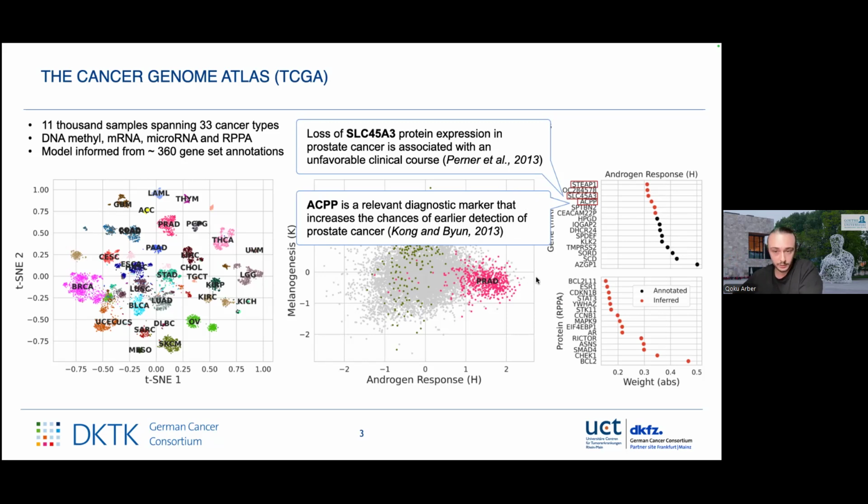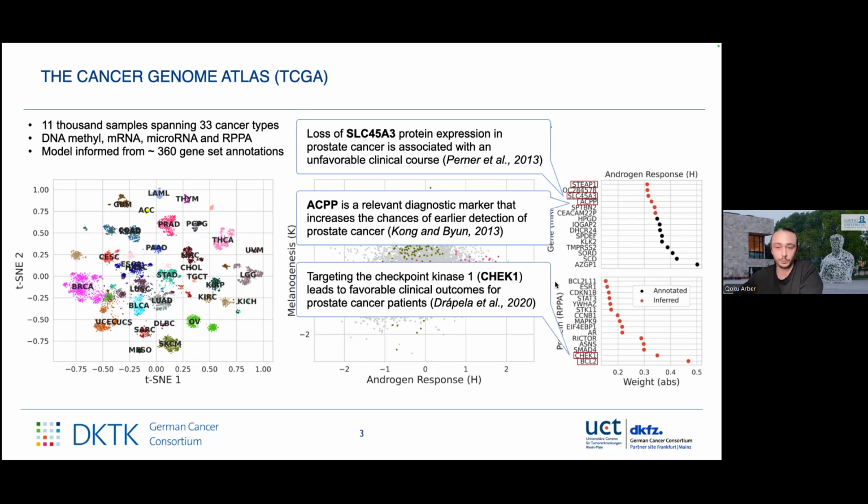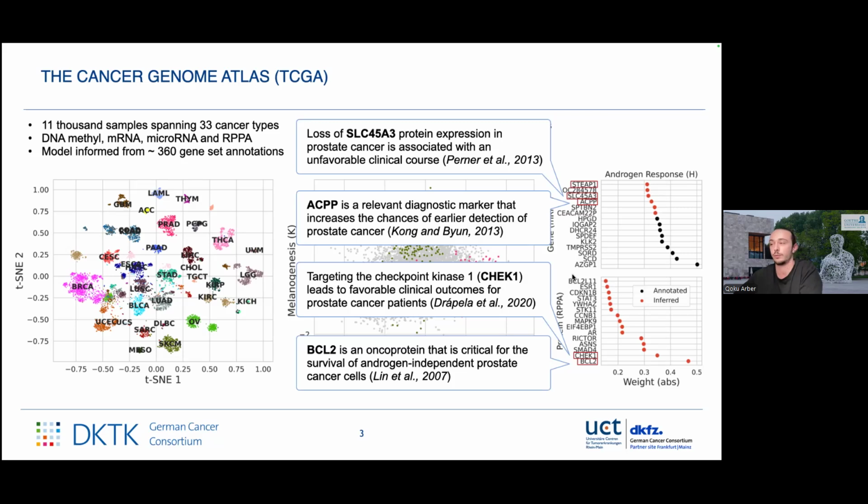Second, because this factor is shared, we observed that in the uninformed view, which is the proteome, it ranks CHEK1 and BCL2 quite highly, both being, from the literature, oncoprotein targets of clinical relevance. And this implicit information flow across shared vectors works quite well because of the correlation structure. And in most cases, it can hint towards novel feature sets in other omic layers where this prior knowledge is less present and less common, like protein sets.